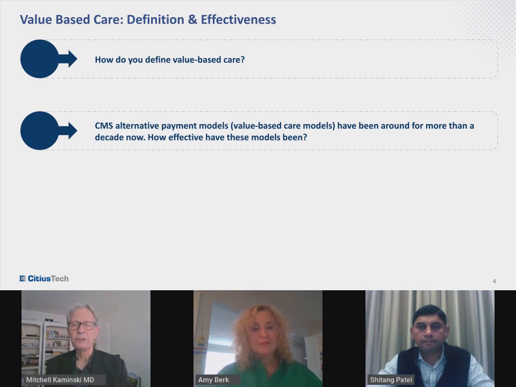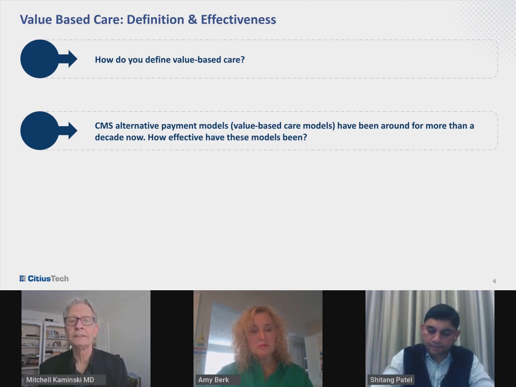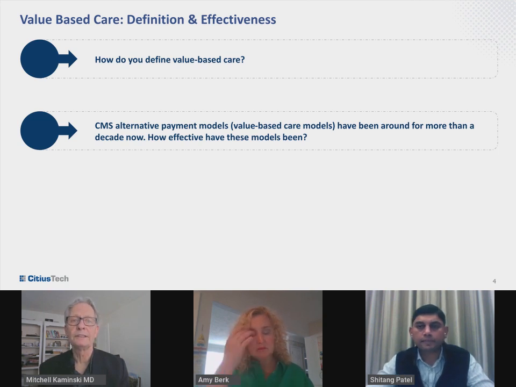A couple of things that we do know is that if a healthcare organization embarks on a value-based care trajectory, the longer that they do it, the more successful they are. We also know that when we tie financial risk to the alternative payment models, in other words, there is a budget determined, often historical, and if an organization doesn't achieve budgetary goals, they risk having to pay back some of the money as well. All of these models are